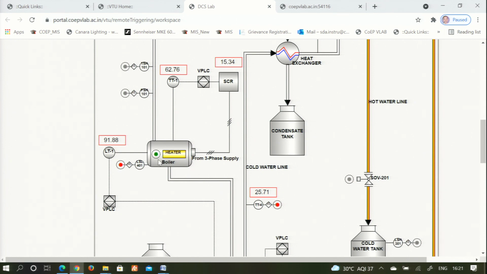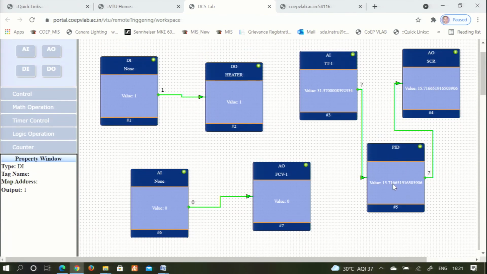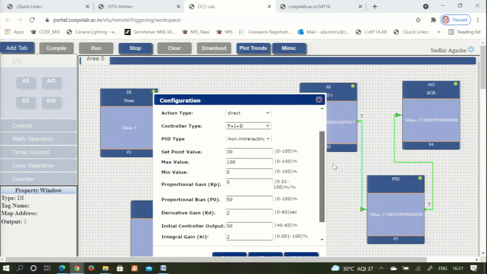Now, that red button has become green, it indicates that the temperature will start rising. But while the temperature starts rising, there will be a control because of this PID controller. So, this PID controller is now working because the temperature, I will show you the configuration. You have to just right click that block, and after right clicking that block you will find all the configurable